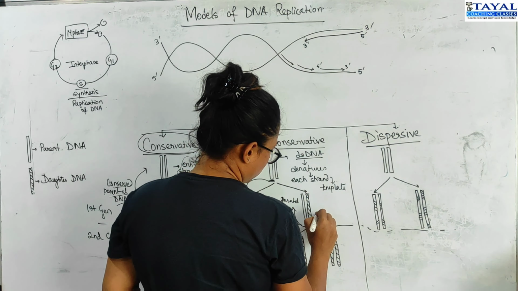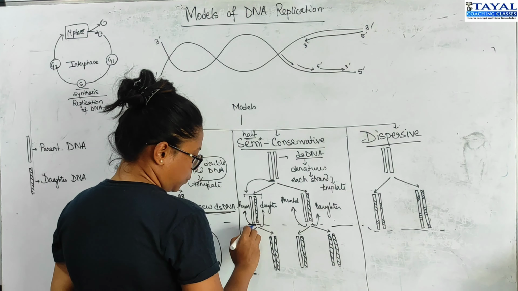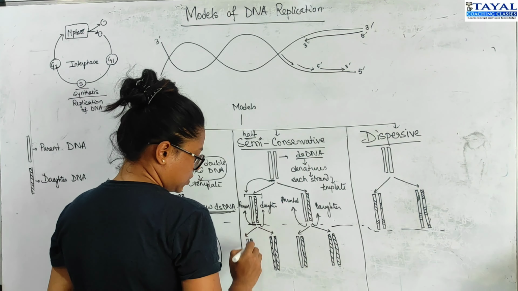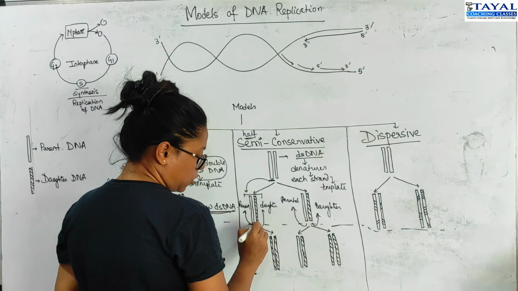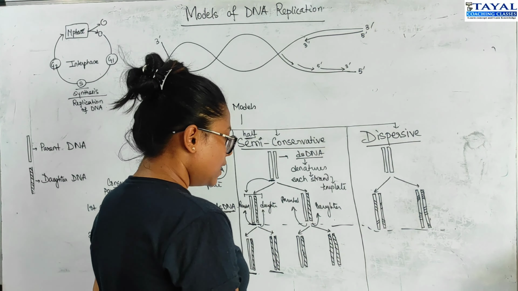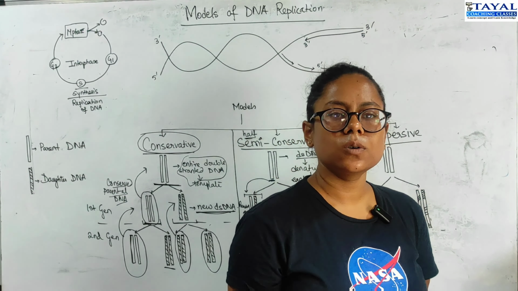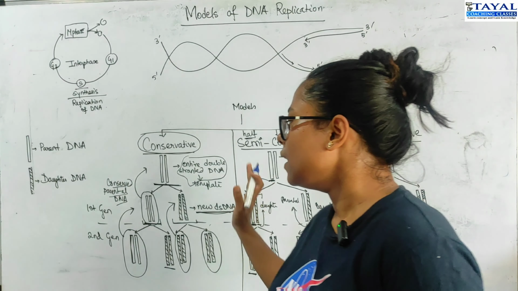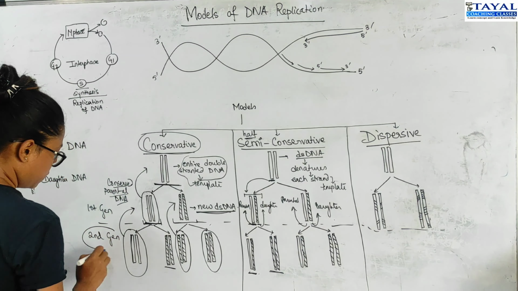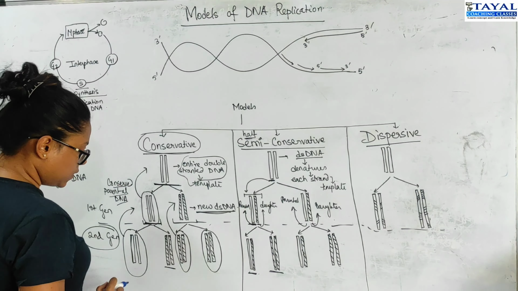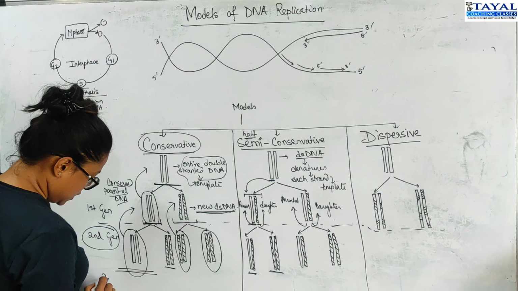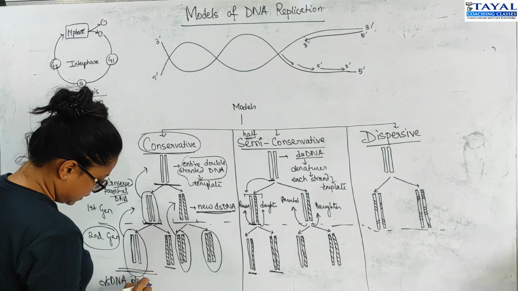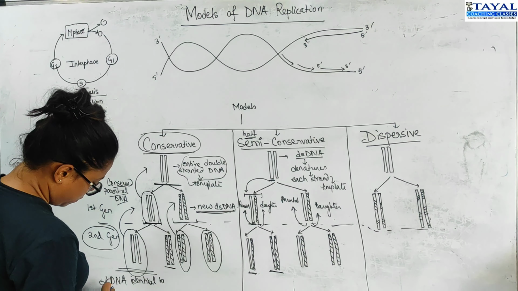Again, in the second generation, it's going to be the same. The original parental strand would give rise to one daughter strand, and the newly formed daughter strand will give rise to its daughter strand, right? So what is noticeable? The noticeable difference between these two is that after the second generation of replication, in the conservative model, you will still have a double-stranded DNA identical to the parent DNA,